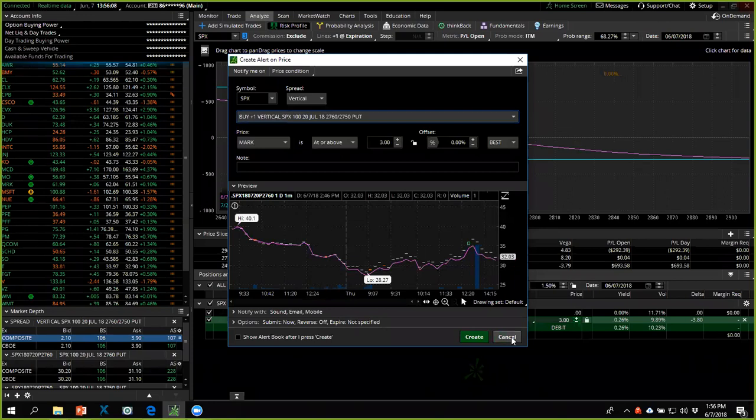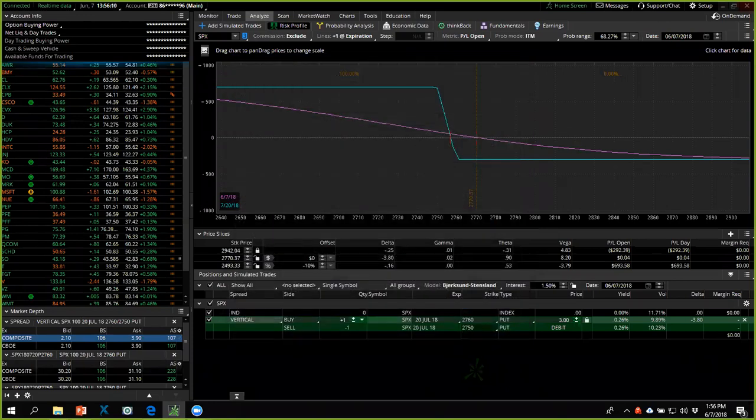Okay. Now, there's more you can do. Instead of just having an alert, I'd like to have good till canceled contingent orders that will both harvest this when it reaches, let's say, 80% of its maximum profit, and close me out if it loses more than 50% of its value. Thinkorswim is really good about this. You can automate this as well. And what you do